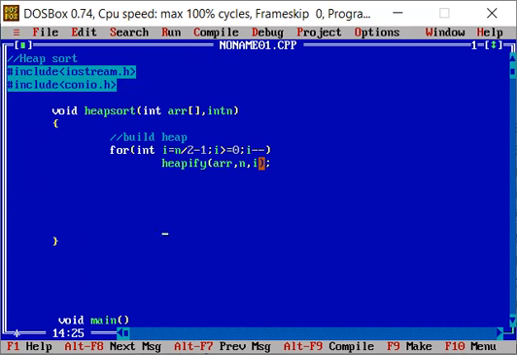Okay, we'll do one more thing after calling this heapify. After calling this on the array and making it a heap, we'll extract elements one by one from the top of the heap. Either it is a max heap or a min heap, we'll extract elements one by one. Okay, I'm going to write a comment: one by one extract.